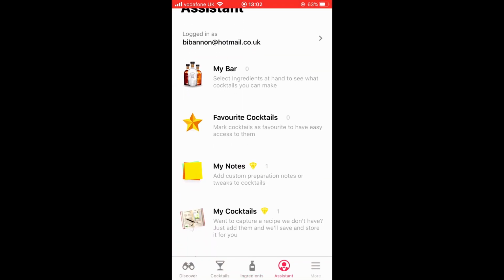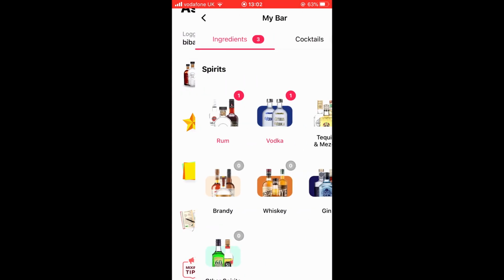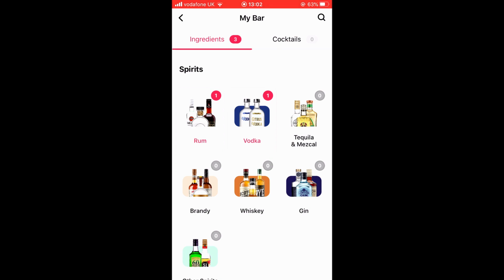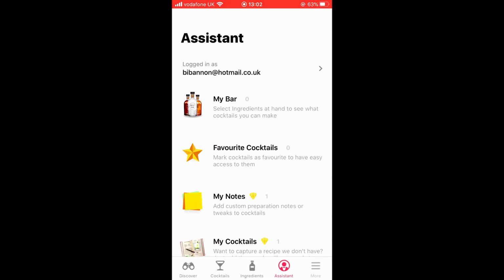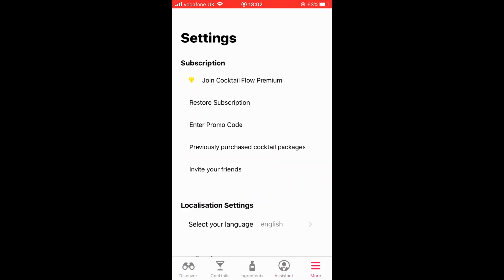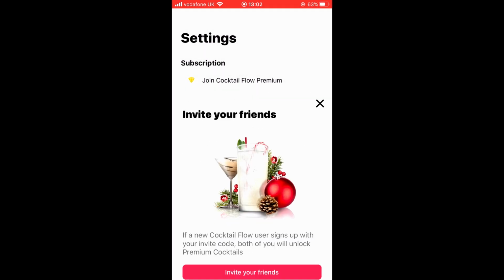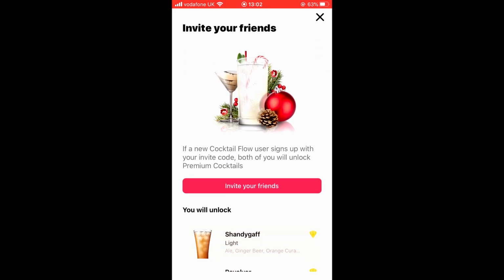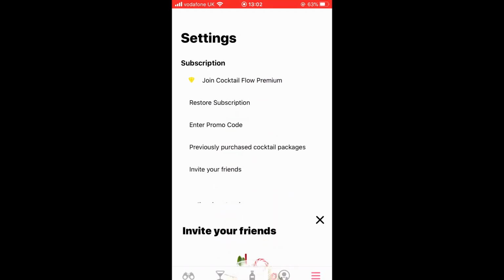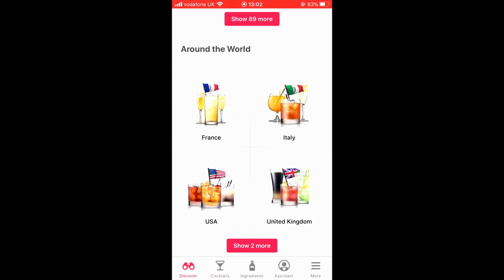This will allow you to make, for example, what do you have in your liquor cabinet. You can select them here and it will tell you what cocktails that you can sort of make with that. Then you have your settings page where you can also invite your friends to Cocktail Flow. That gives the app a little bit of a social media feature, which is nice, but I feel